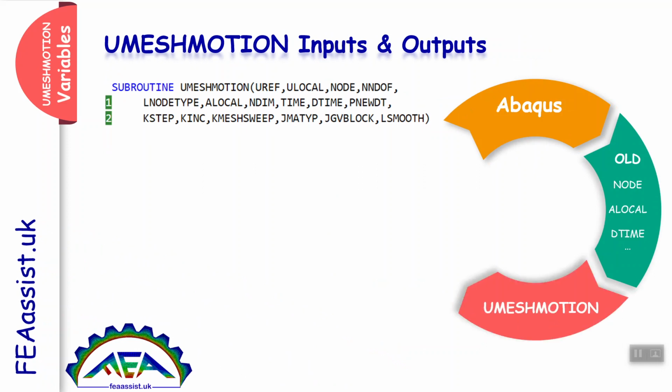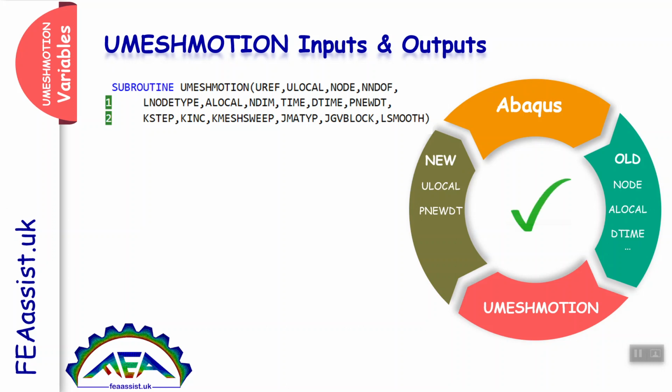We need to get these variables, process them in UMESHMOTION, compute the displacement or velocity of the nodes in X, Y, and Z direction, and return these variables to Abaqus. Abaqus again uses these variables to recompute the node positions and all the necessary variables. This is how Abaqus and UMESHMOTION interact with each other,